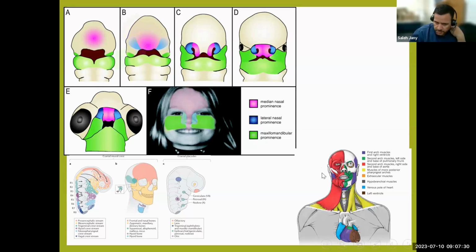Also, I've seen a book about the relation between facial muscles and the heart. That's very interesting. Maybe I'll send you the article about the relation between facial muscle and the heart. Maybe I will even give you a lecture about embryology. I'll talk about each process. Each arch has its own blood supply and nerve supply, and how they grow together. If there's any disturbance in these processes or something wrong with them, it can lead to congenital defects.